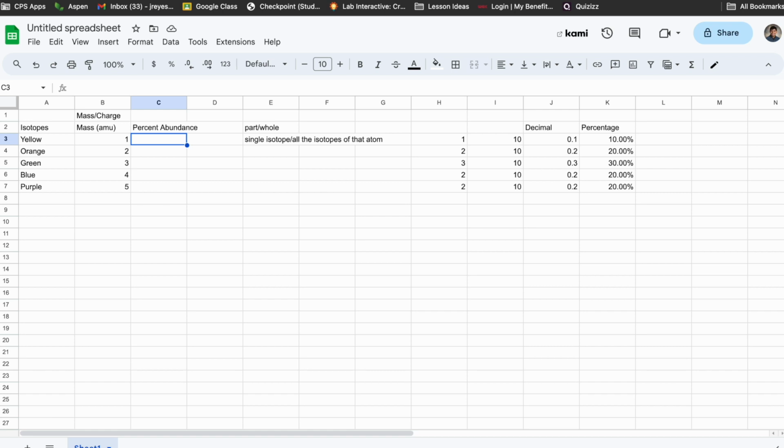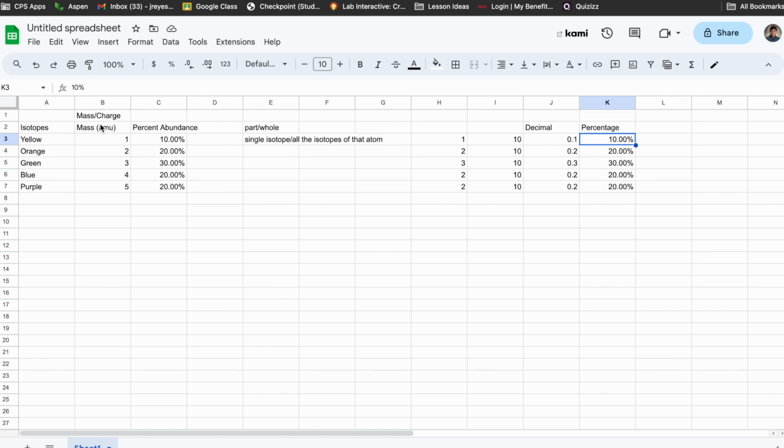And then we have the percent abundances. So I'm just going to take these things and copy them over because we know where the percentages come from. I'm just going to hit Control C and then Control V, and it'll copy my percentages over. So these are my percent abundances. The percent, again, is a part over the whole, or in this case, a single isotope over all the isotopes. So here I had 1 was my part, 10 was my whole, so 1 over 10 times 100 gives me